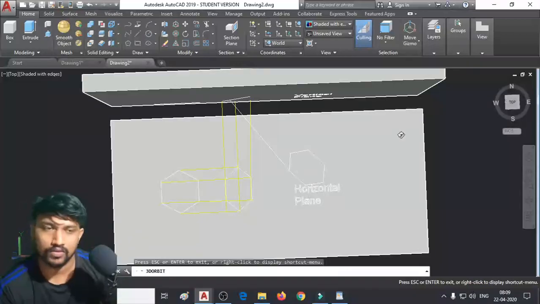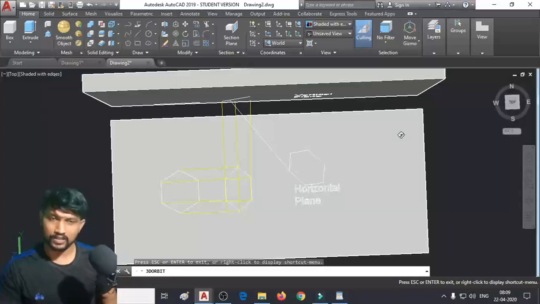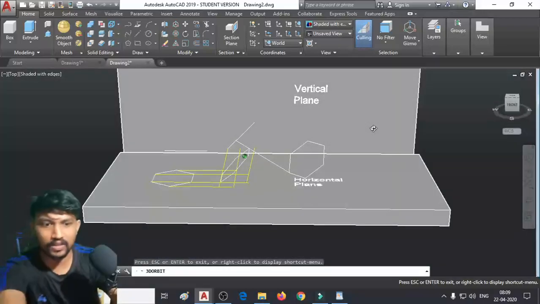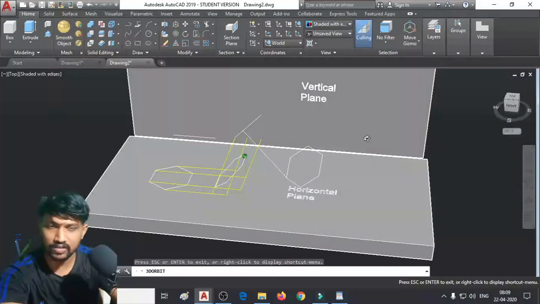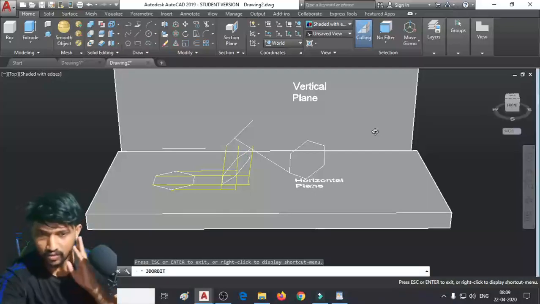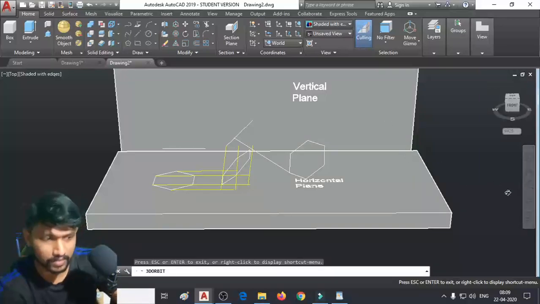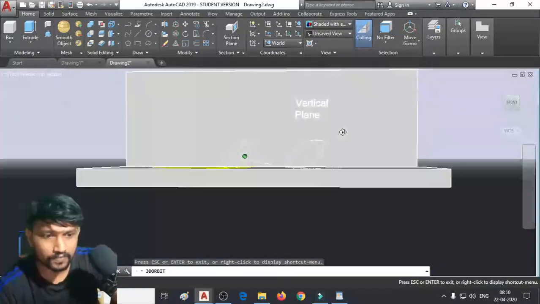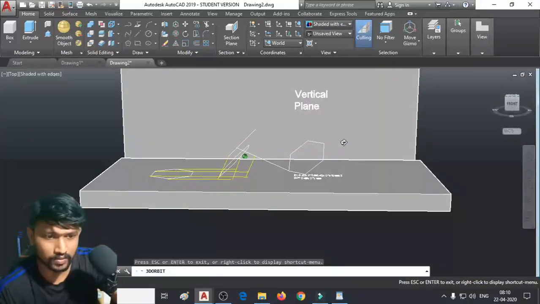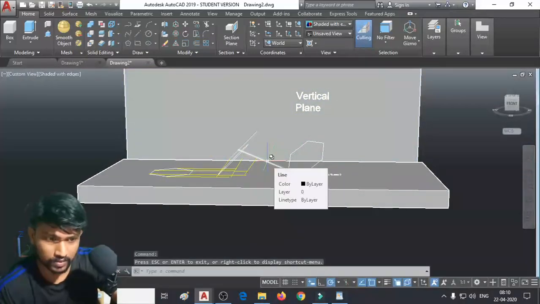So whatever I'm drawing in this AutoCAD, you should get that imagination in your mind. Everything that is actually happening here, everything that I'm drawing here, all these projection lines and everything, you have to imagine it, and then only you will be able to draw them in your sheets. Okay, try to improve that imagination capability. Nobody has it from birth. Okay, I'm going to delete this line.